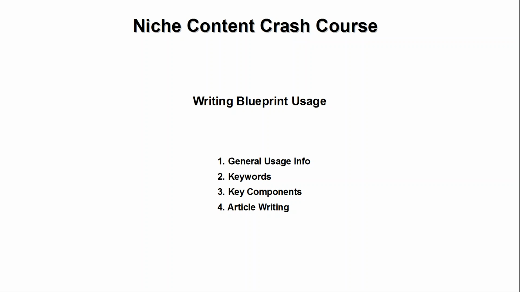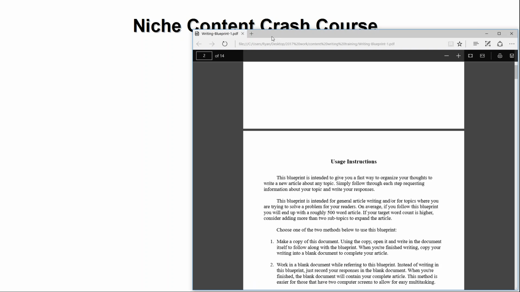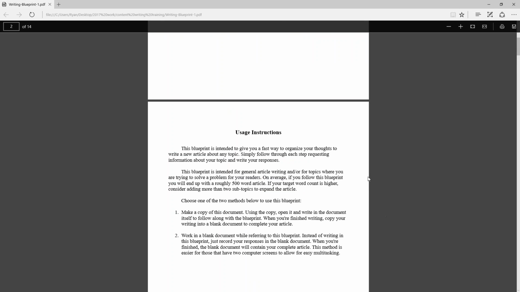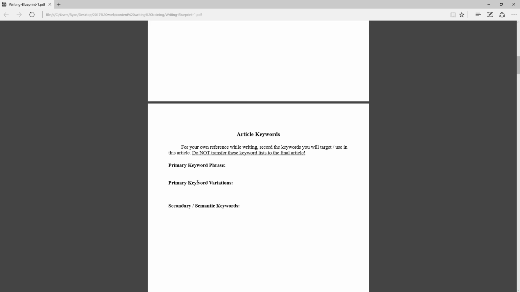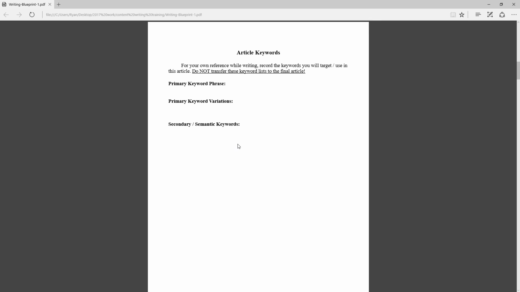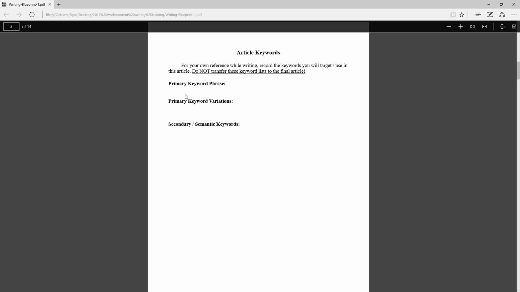And then when all of this is put together, you have a complete article. Now I'm just using the PDF version here, so I can't actually write within this, but if you're using, say, the Microsoft or OpenOffice versions that I'm providing you guys, you can just simply make copies of it and write directly within this blueprint if you prefer to work that way.